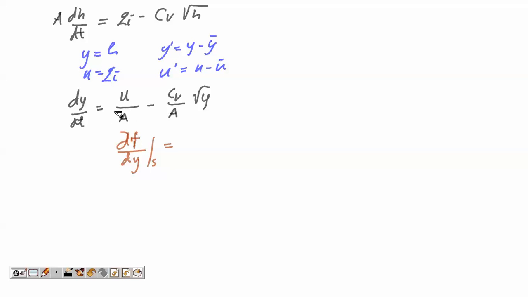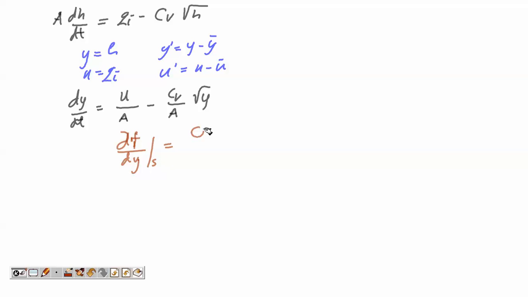So we have the differential equation as a function of y and u, and then we derive